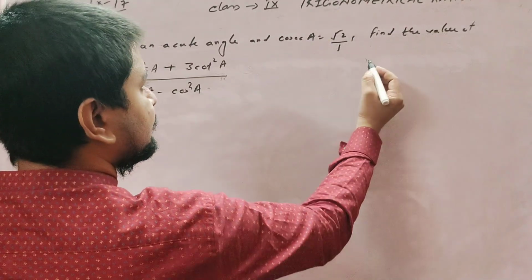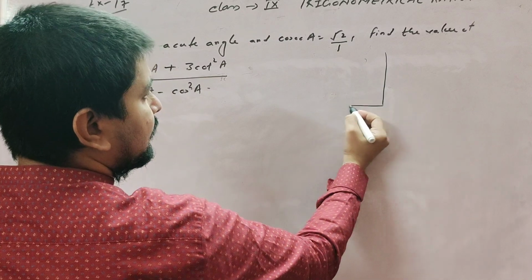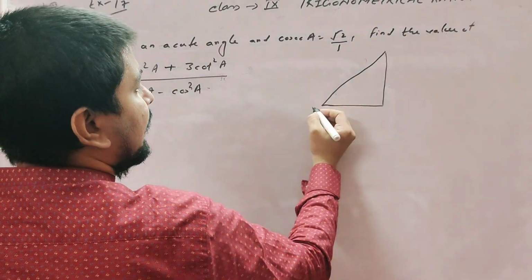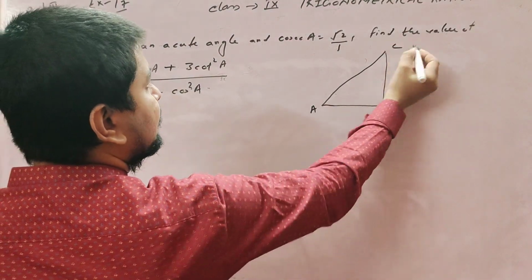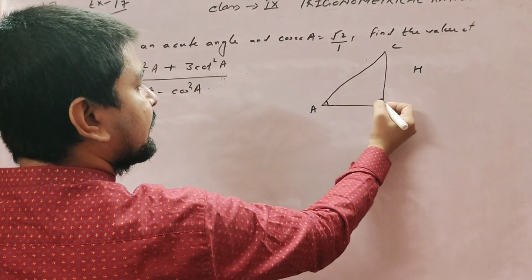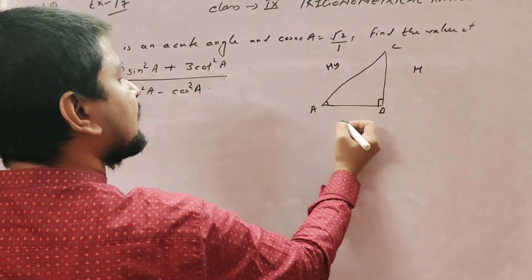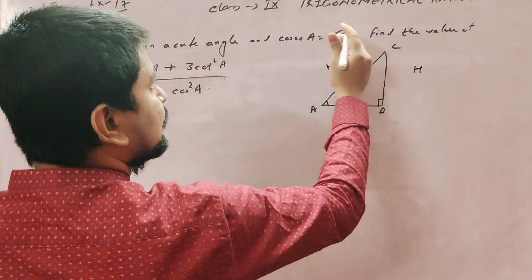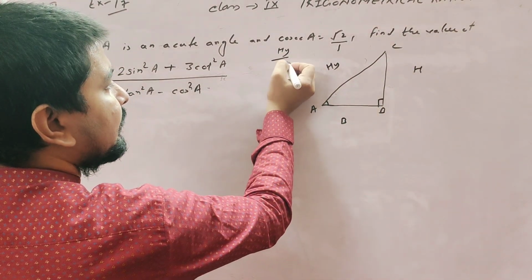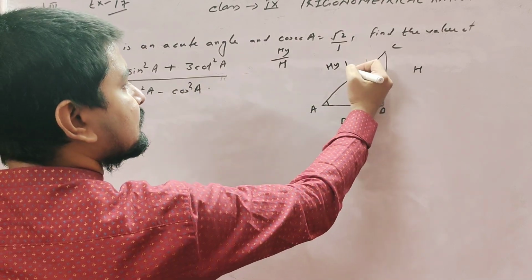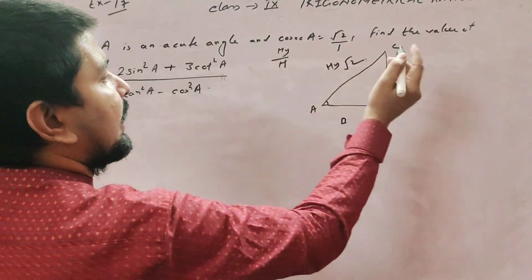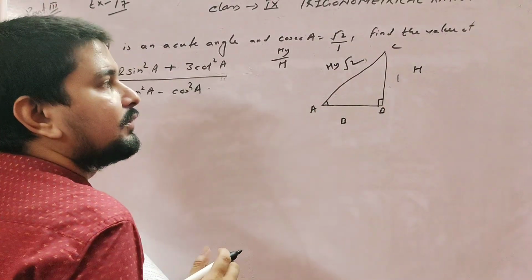Okay, first of all we draw a right angle triangle. Done. A, B, C. Cosec A, here angle is here, so this one is height, 90 is here, so this one is hypotenuse, and the left one is base. So we know that the formula of cosec A is hypotenuse by height. So hypotenuse is root 2 is given, and height is 1. So first of all calculate the base.